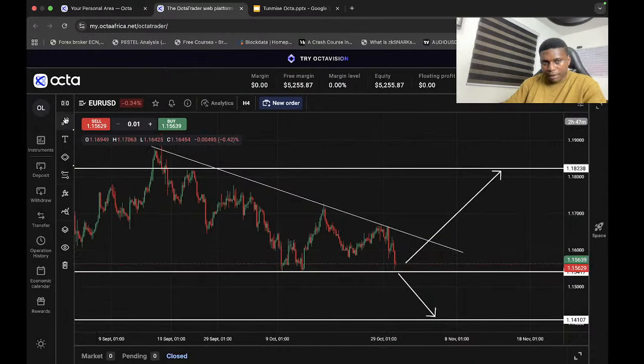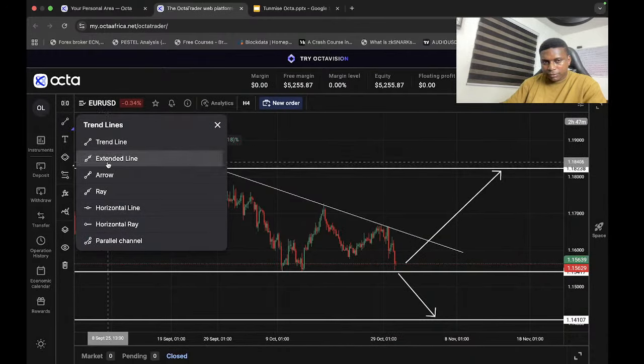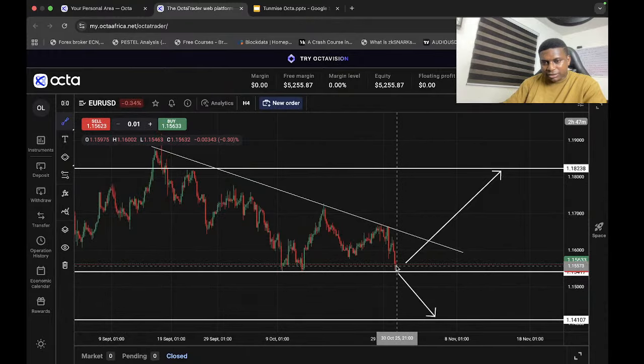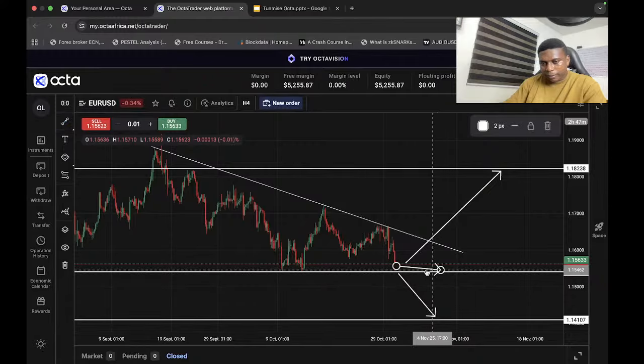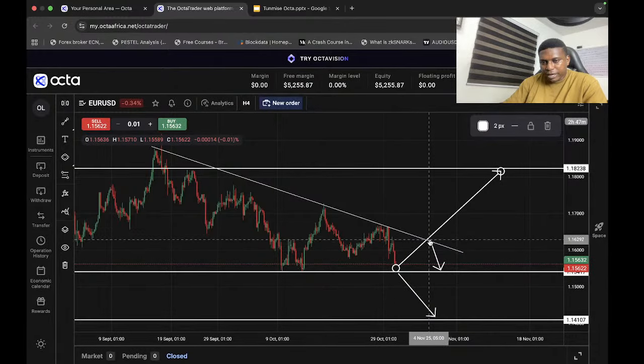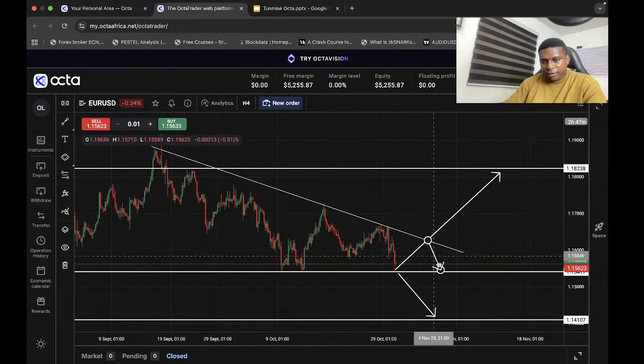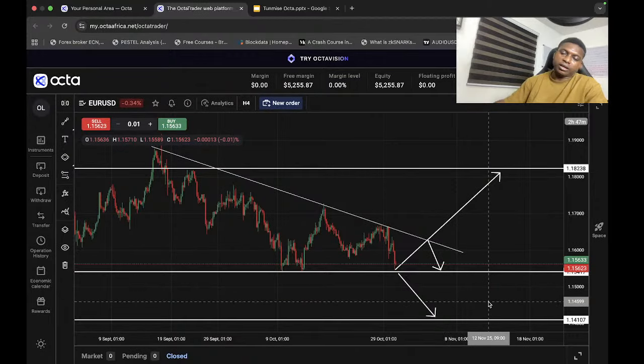So we might just see a slight movement to the upside, you know, from here to here, and then a drop. So from the look of things now,